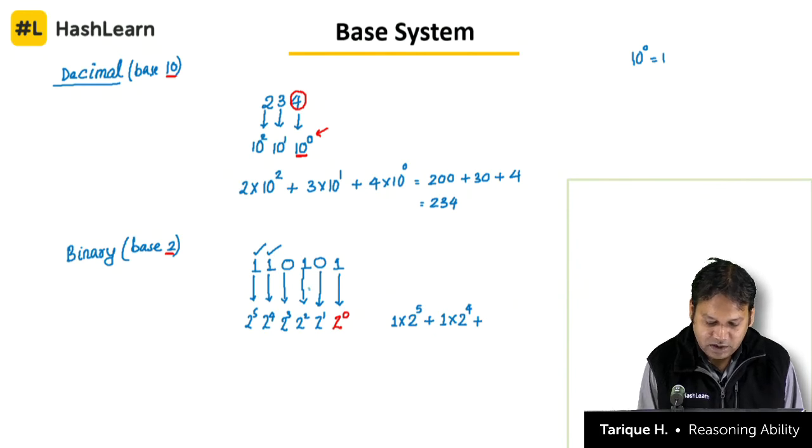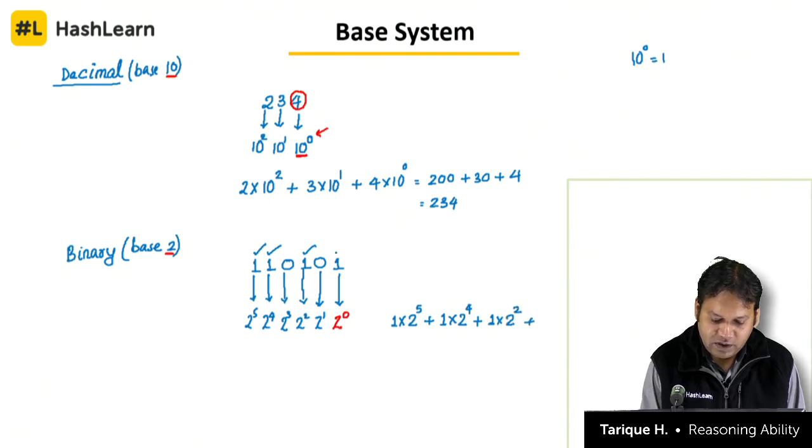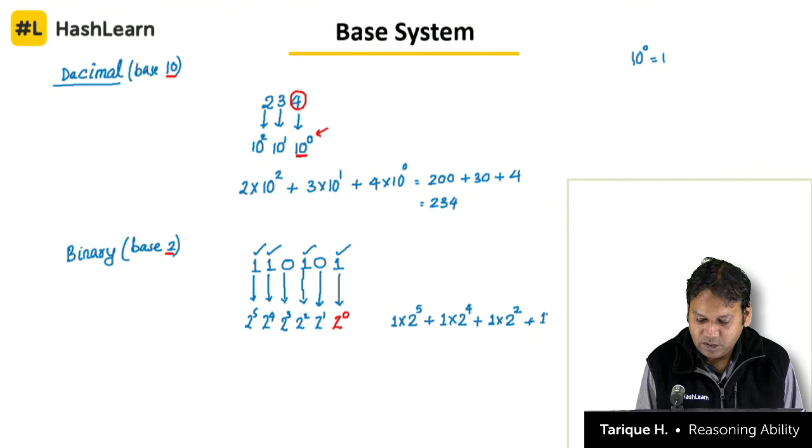Then this 1 here is 1 into 2 power 2 plus, again leave this 0 and go to last one, 1 into 2 power 0. Now this 2 power 5 is 32 plus 16 plus 4 plus 1, that's equal to 52 plus 1,